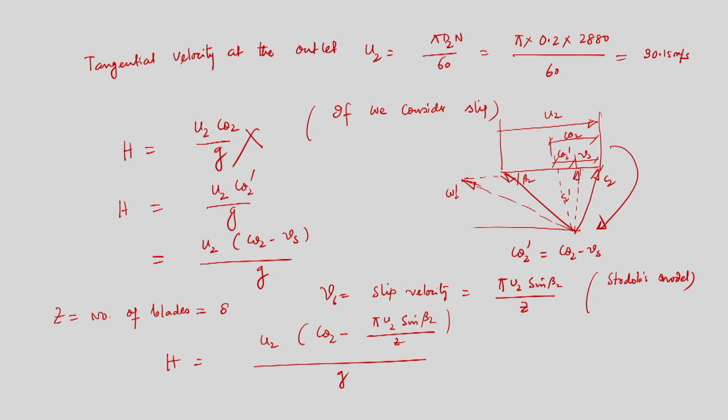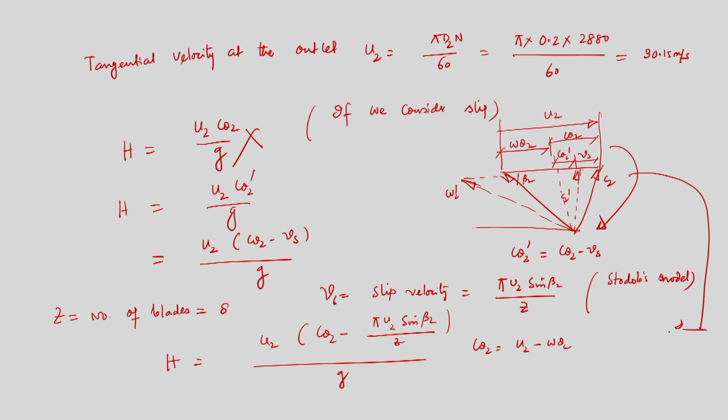Now again from this velocity triangle we can write that C theta 2 is equal to u2 minus w theta 2, because this is w theta 2. If we look at the expression of H that we have obtained for the present case, it contains C theta 2, so we need information about C theta 2. In this expression we know everything except C theta 2, because we know beta 2, we know Z, and we know the magnitude of the tangential velocity at the blade outlet, but we do not know the magnitude of C theta 2. So we need to calculate C theta 2 from the velocity triangle.